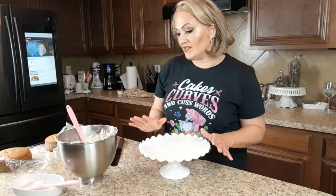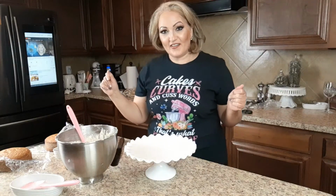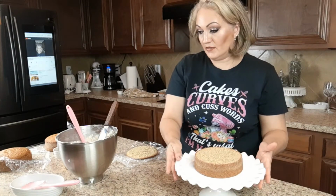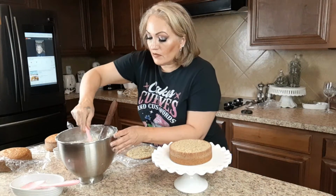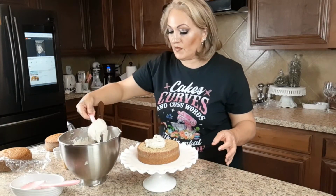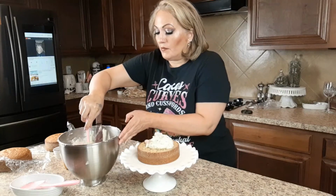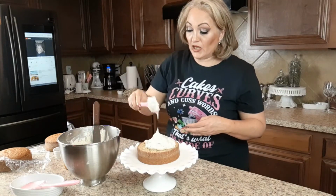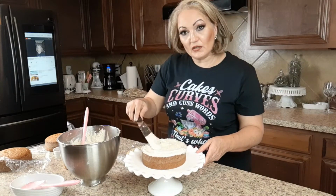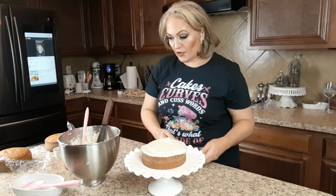Okay, so we have our icing here, and we have our cakes ready, and we are ready to put this together. So let's go. We're going to go ahead and put that on our cake tray. We're just going to get a big wallop. And when I did put the pecans, it did make the icing a little softer, and I was thinking it would have made it a little firmer,